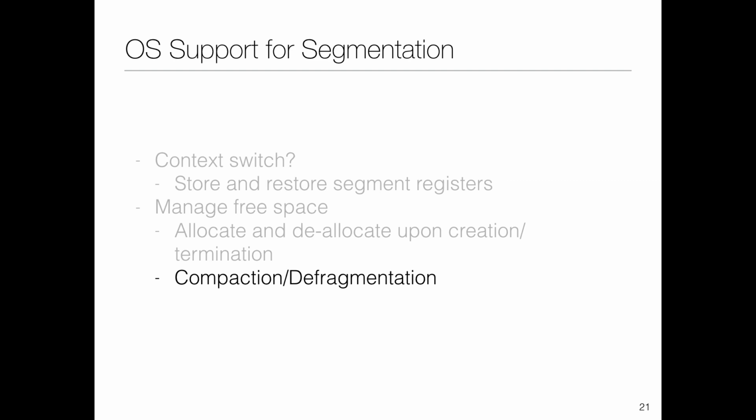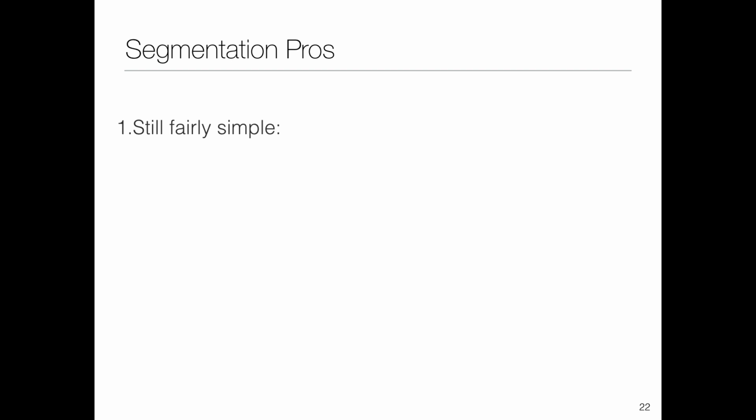get allocated new memory. Why is segmentation good? Whenever we're looking at moving to more advanced technologies, let's compare them with respect to the base technologies or the technologies they're improving upon. So compared to base and bounds, is this still fairly simple? You require some additional bits, maybe one additional register. It's still fairly simple.